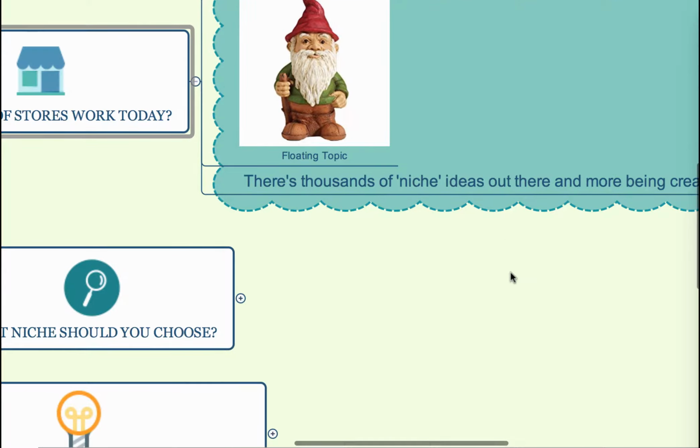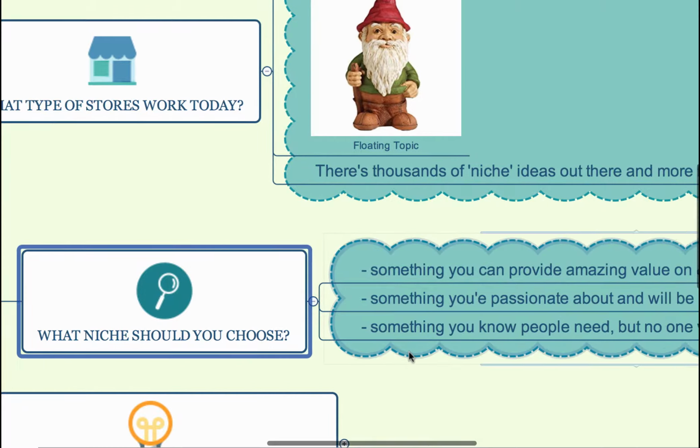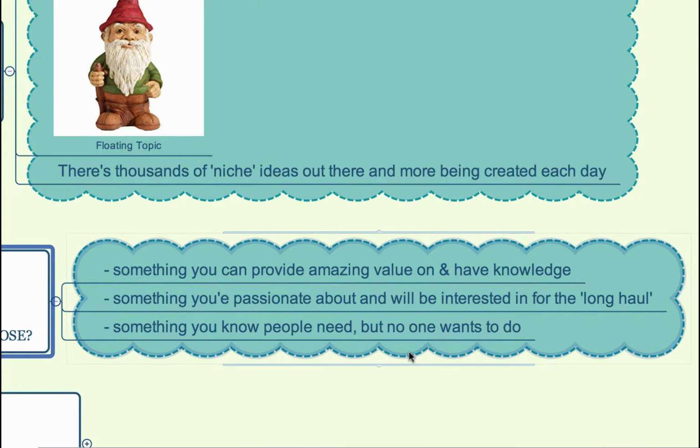Now, what kind of niches should you choose? Well, the bad news is that there's already tons of information and tons of niches out there online as far as providing content and providing products. But the good news is that more and more people are going online, and like we said in the first video, e-commerce is rapidly expanding, and there's no signs of it slowing down. So there's more niches created, and there's more people looking for products or information or content that maybe some of the other brands are not doing a good job on. Maybe they're not offering it in general.